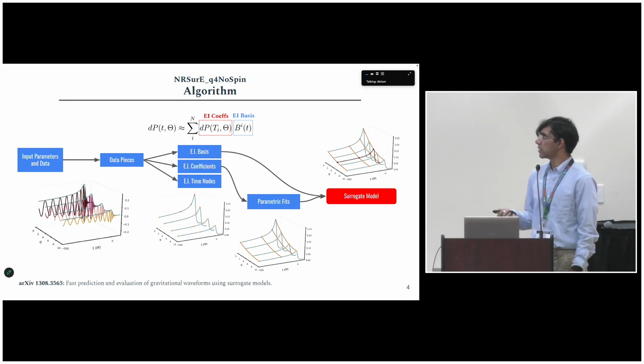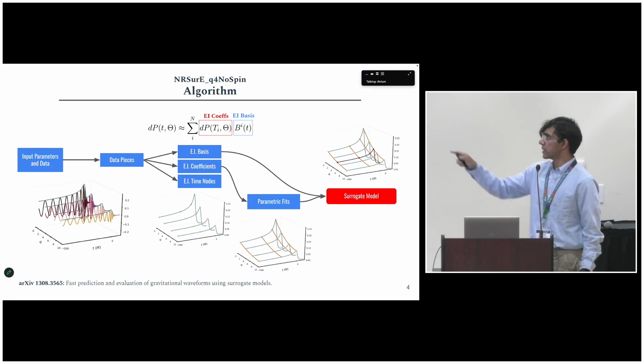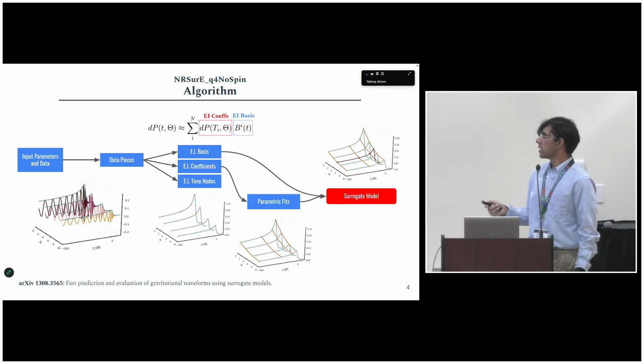We start at a set of input parameters and the corresponding NR data, I mean. The first step is to choose which part of the waveform to model, which I'll henceforth refer to as the data piece, which in the case of this example is just the amplitude of the 2-2 mode, which is sparsely sampled in the mass ratio direction, which can also be seen as the blue line in the first plot there. So once the data pieces are chosen, we run a compression algorithm on them called the empirical interpolation,